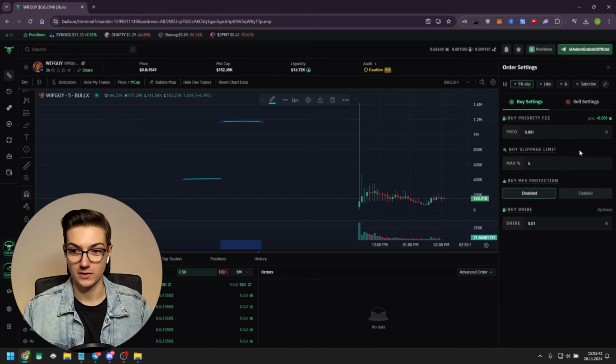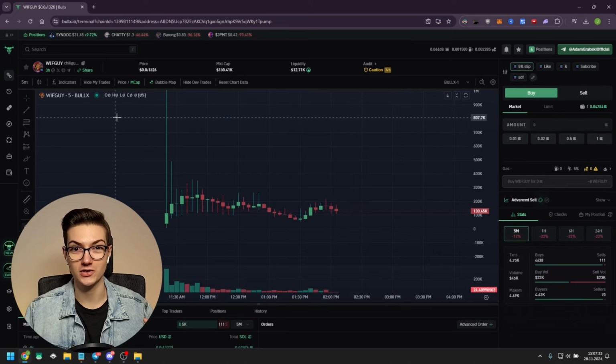And going back to priority fee, this is the minimal amount. However, if you want your transaction to be processed as soon as possible, you can increase this amount. However, if you use MEV protection, the priority fee doesn't really matter, so you can keep it at the minimal level of 0.001. So now I'll show you how to actually filter through meme coins to find some promising ones that you